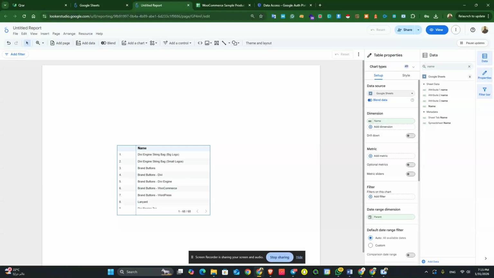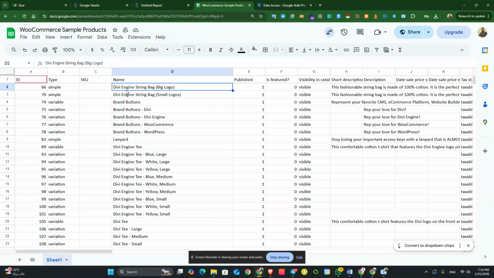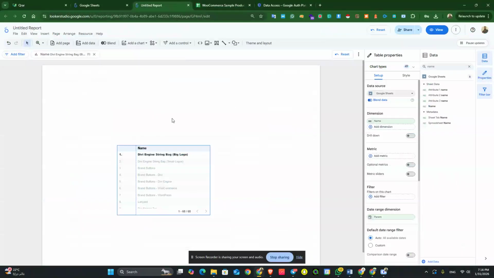The connector has successfully fetched the data using the scopes. This confirms the integration is working as expected. Thank you. And also we have here, just as the last thing, the name here is shown as the first one, and also this one here is the first one. So they are working as expected. Thank you.